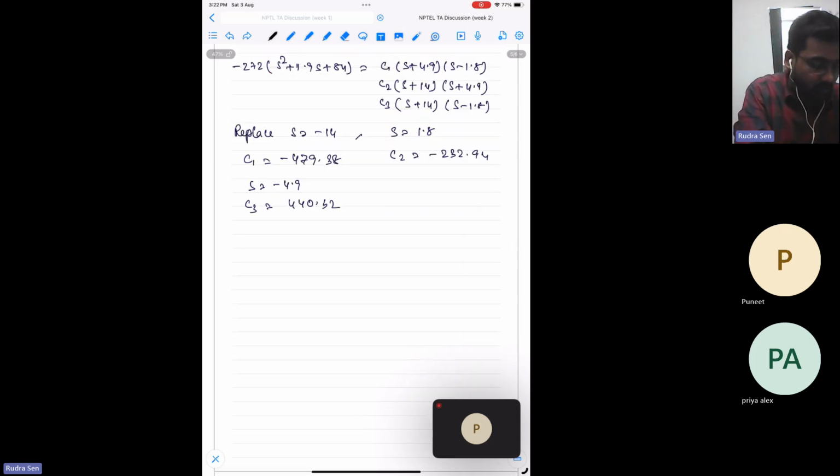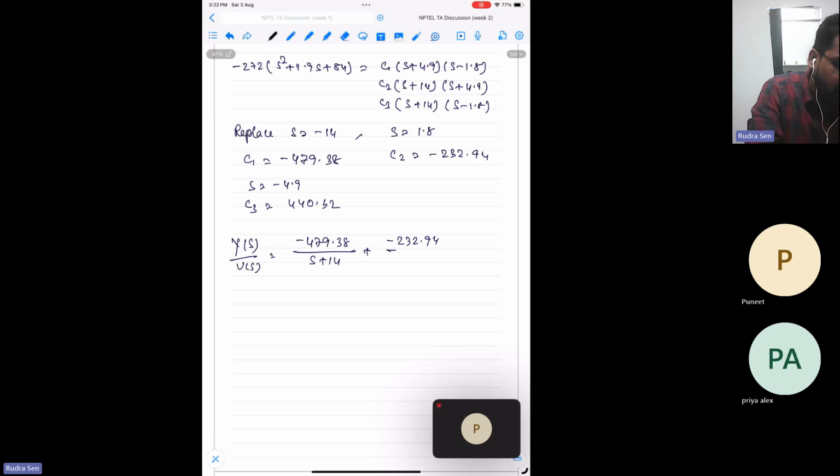Okay, so definitely Y(s) by U(s) is minus 479.38 divided by s plus 14, plus minus 232.94 divided by s minus 1.8, plus 440.32 divided